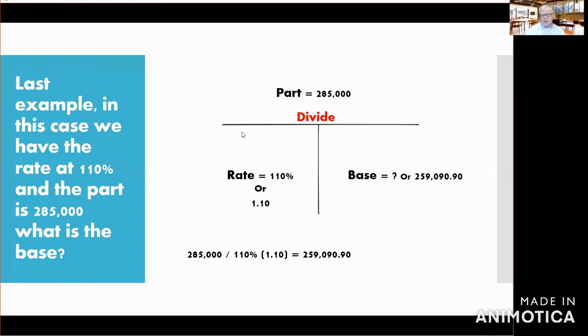If you had a situation where the house was sold for 110% of its original price, what was the original price? The original price would have been 259,000. Sold for 110%, 285 is what it was sold for. And that is already